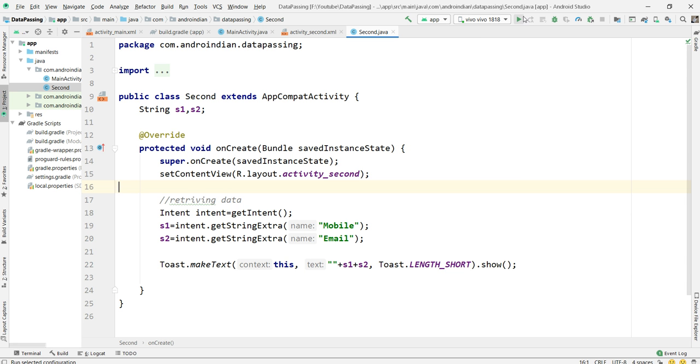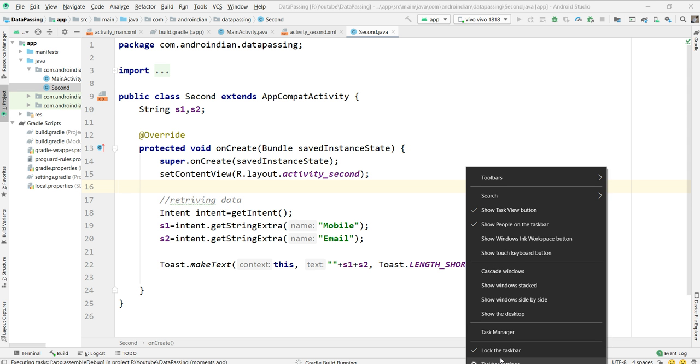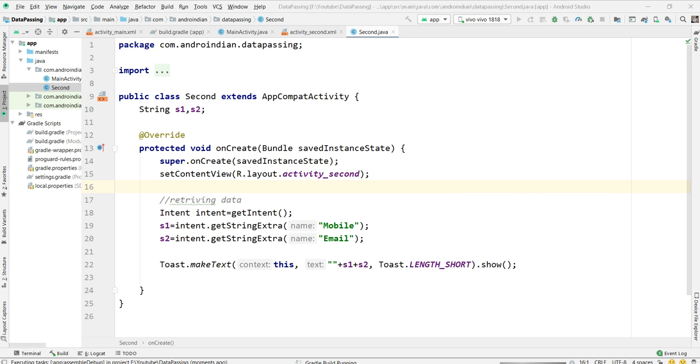Now I'm running this program. Now we can see the output of this, how it goes. Once it runs, we can see this.